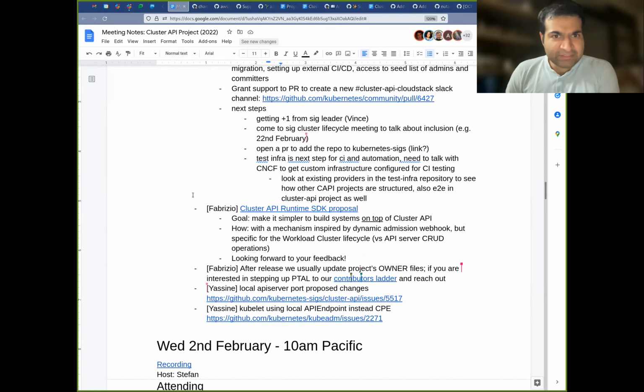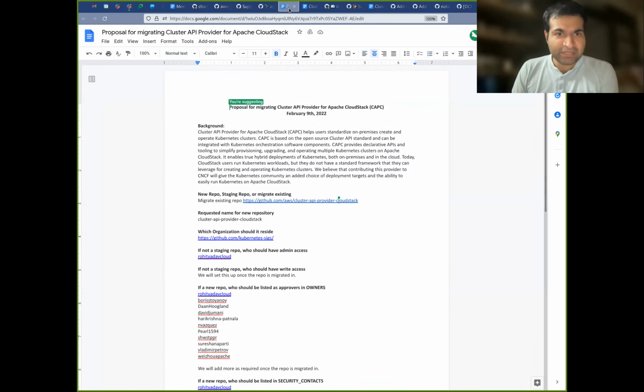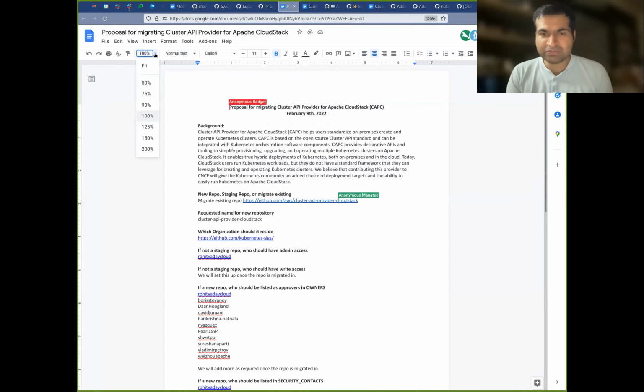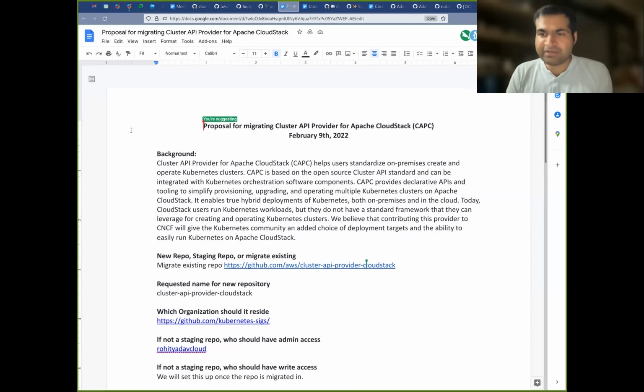One thing is still not clear to me: is the document draft acceptable as is? Do we need to make changes to the Google Doc we've shared? And the second question is about getting a new Slack channel set up for this project, or does that come, let's say, afterwards, like after you get support from the SIG leader?